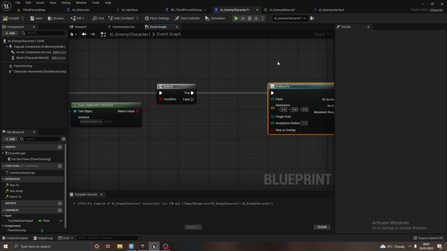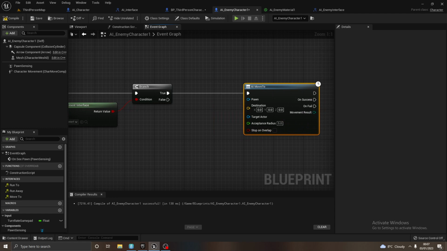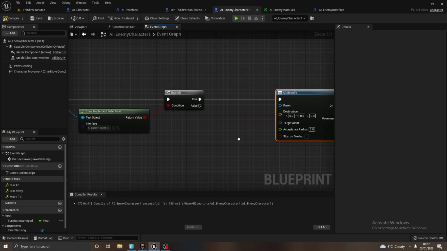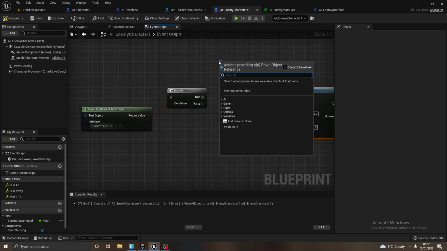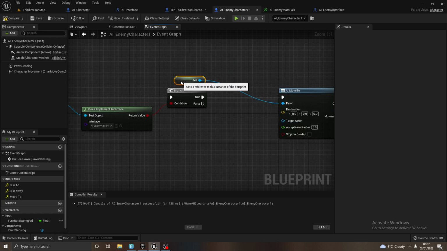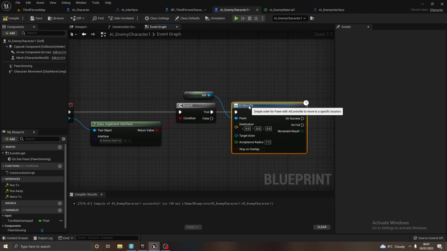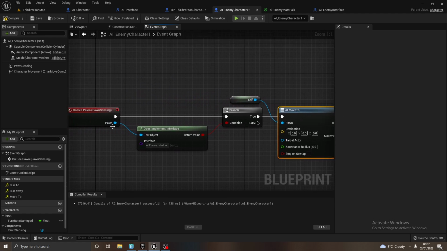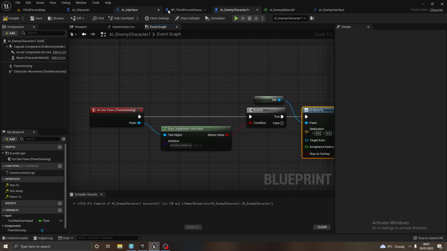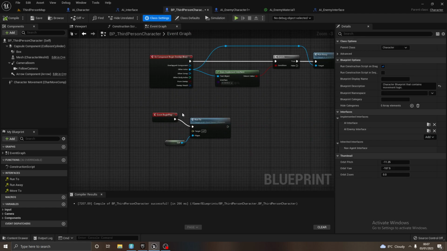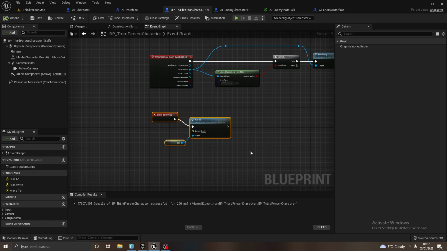Okay, and then obviously what we now need, so the pawn is a reference to self. The pawn is a reference to self, but now what we need to be able to get is the third person character, but without